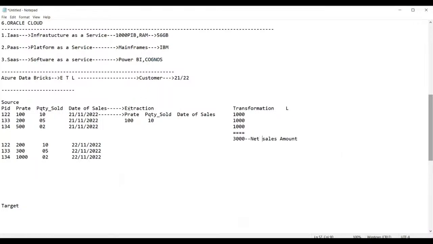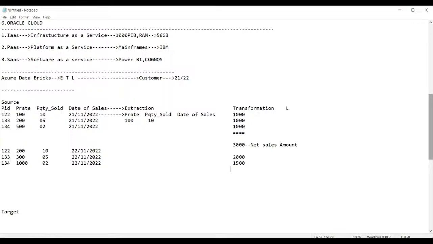So this you are doing under the process of transformation. Now, it is done for the 21st day. What about the 22nd day? Help me out in this. 200 into 10 means 2000. 300 into 5 means 1500. 1000 into 2 means 2000.